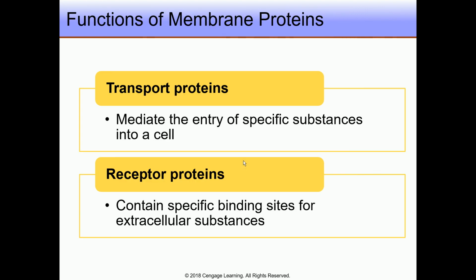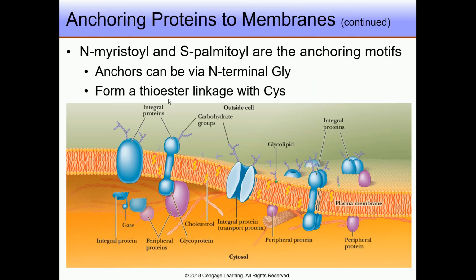So what are the functions of these membrane proteins? They can act as transport proteins. Through these transport proteins, various things can move. Some of the proteins can act as transport proteins, which means they can help in the movement of things in and out. And some of the membrane proteins can act as receptors, which means they receive signals from the outside environment,